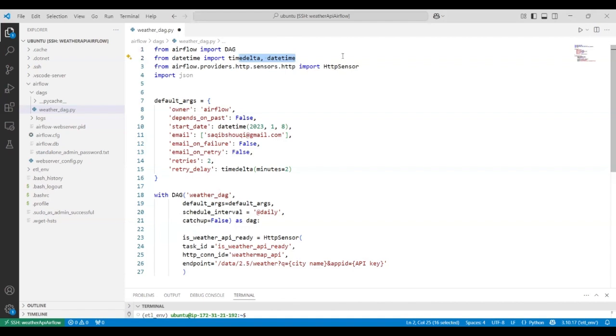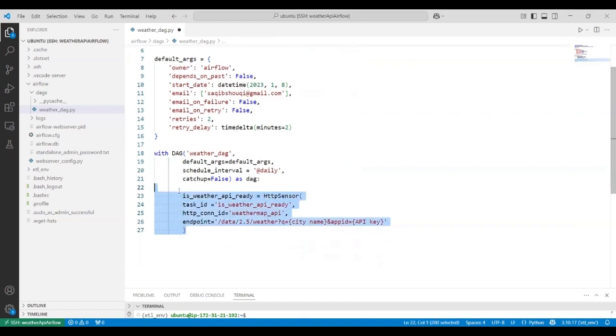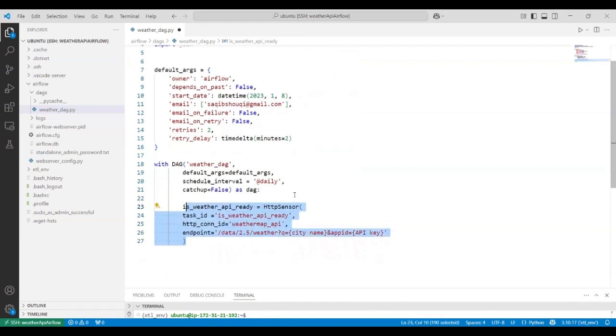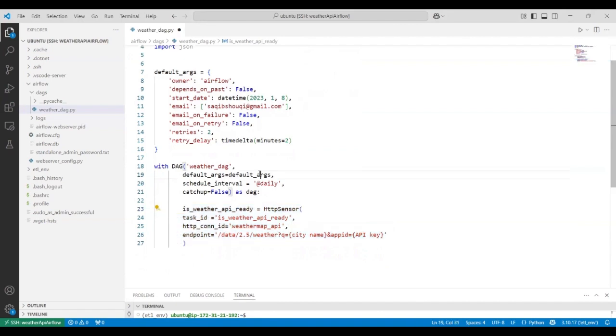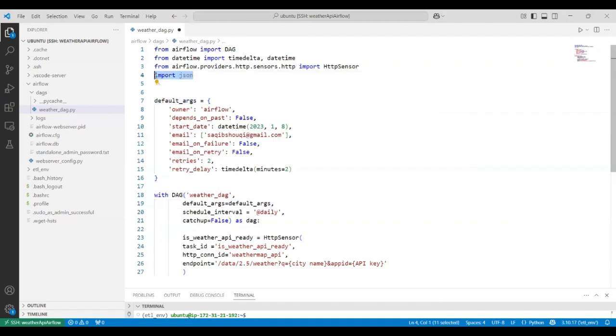You can understand this HTTP sensor better from the code implementation below, because here I have used the HTTP sensor. So when I come to that section, you can understand it much better. And then I have imported JSON. This is to parse the data we receive from the weather API. And after importing these modules, I have